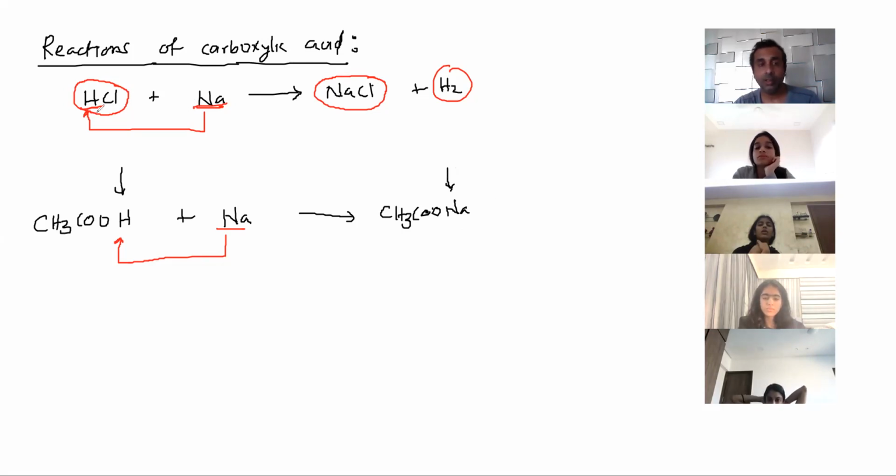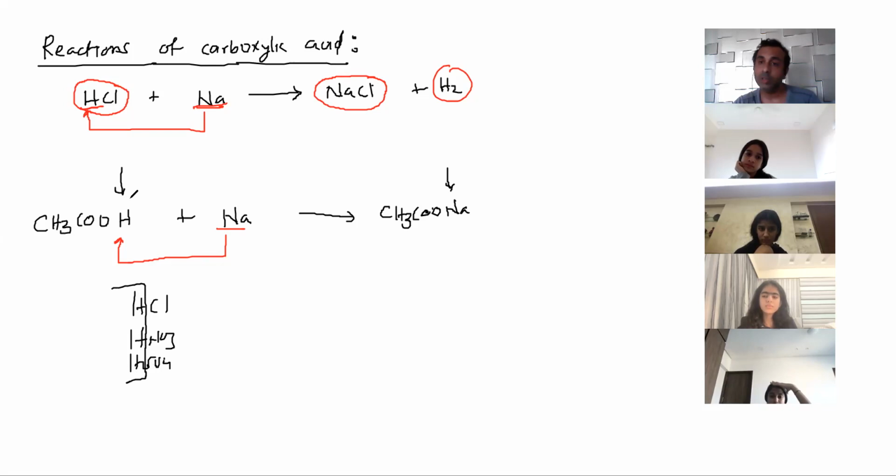So notice that in a mineral acid like HCl, HNO3, H2SO4, the inorganic acids, the displaceable hydrogen is on the left-hand side of the formula. In a carboxylic acid, the displaceable hydrogen is on the right-hand side of the formula. Hence, in the salt of an inorganic acid, the metal is always on the left because it took the place of hydrogen which was on the left. In a salt of an organic acid, the metal is always on the right, because it took the place of the hydrogen which was on the right.